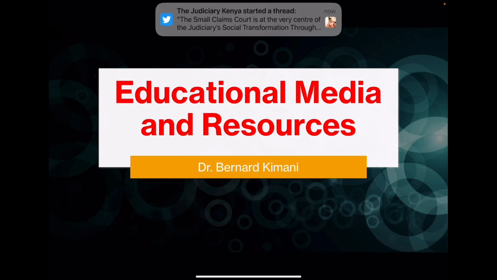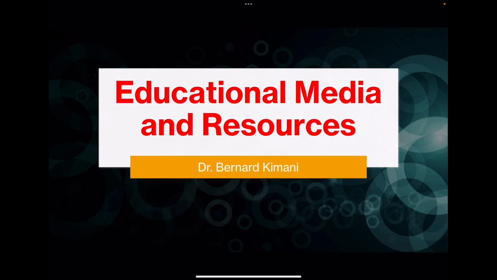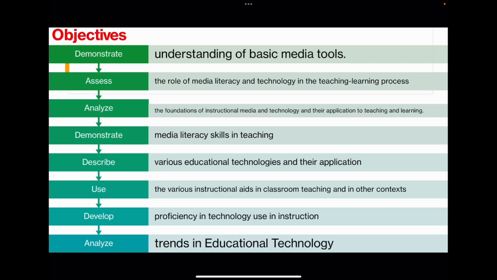The course will expose the learner to a range of media in the teaching learning process and how he can use these media resources in the school, in the church, and in seminars for effective teaching. And so what we set out to do in this course is to demonstrate understanding of basic media tools, assess